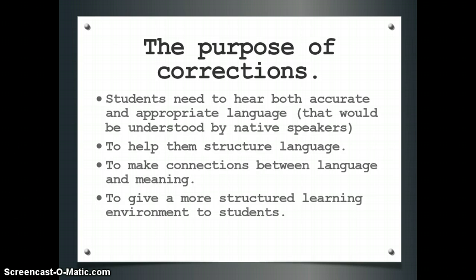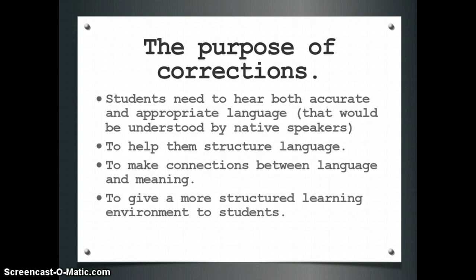Okay, so as part of feedback then, of course, we have correction itself. Students do need to hear what would be considered accurate. Accurate is one thing, but what is appropriate is another. So even though, of course, students learn a lot of grammar, a lot of structure, we can't expect them to always be worrying about that. You know, the most important thing is, do you as a native speaker, but ultimately do other native speakers,